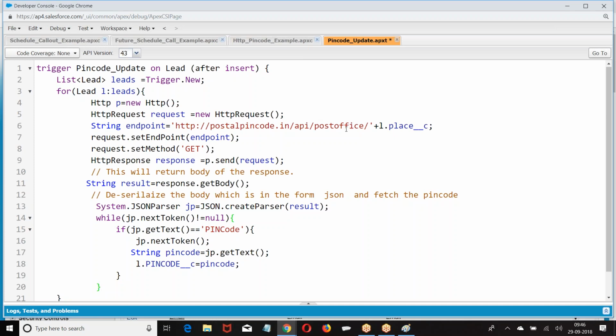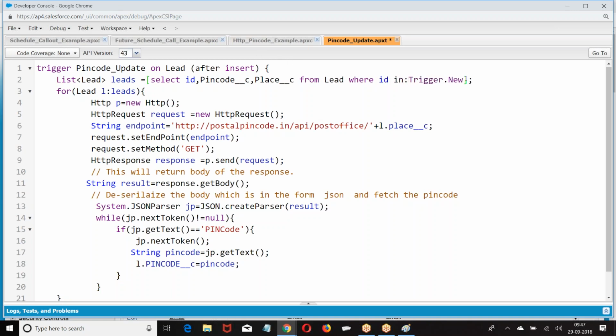Can I update the data in this format? You are not supposed to. Why? Because it's after insert. We can only perform what operation? Read operation. So I am giving select ID, pin code, place from lead where ID in.